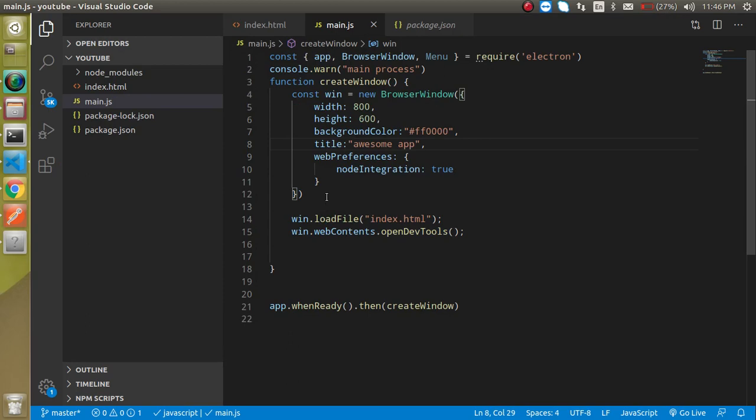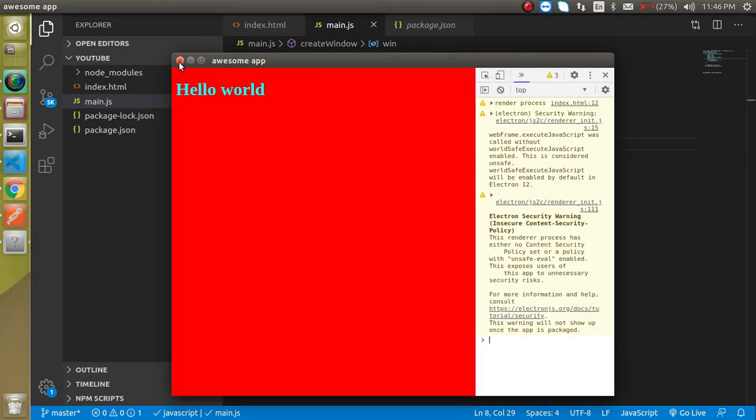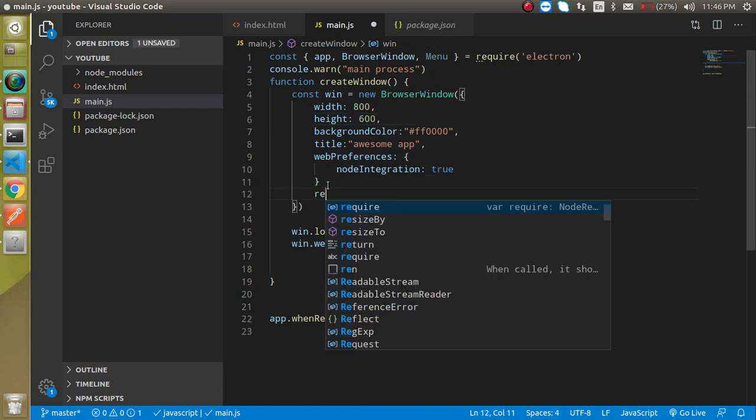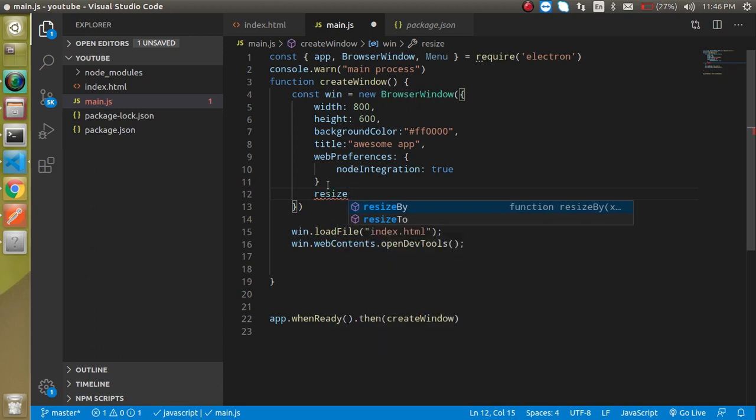So now you are able to see three icons here, one for close, minimize, and maximize. Let's say I want to make it resizable false. I want to keep my application height and width the same, right? So for that you can simply write here resizable. I think I made something wrong.